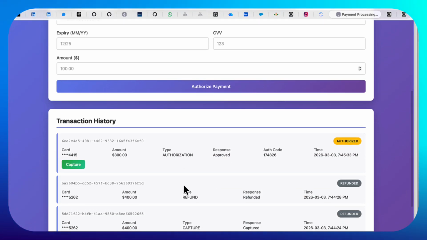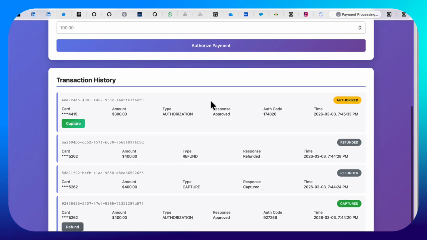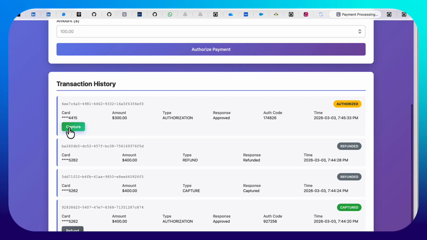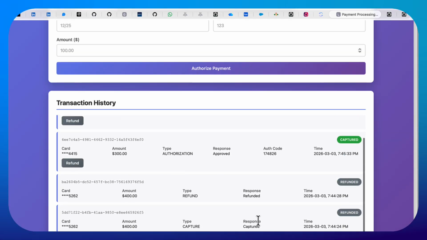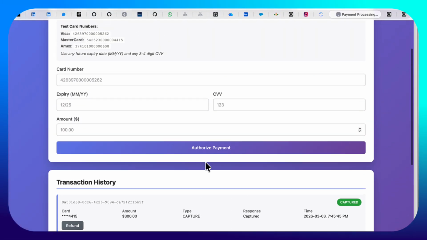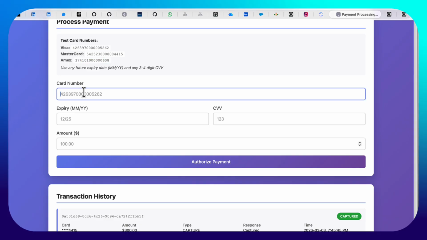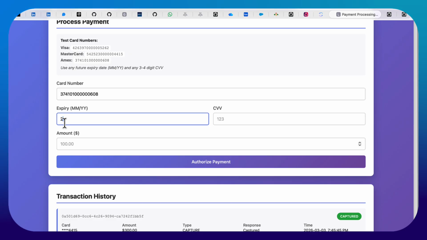You can see the transaction listed at the bottom. So let's say this is a transaction. It has come, and I can capture, and if it's captured, it gets captured. So basically it's like approving. And let's imagine, let's try out another card, which is another Amex card, and expiry is 28 and